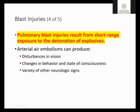Okay. Pulmonary blast injuries, that would be from just that short exposure to that blast wave. And then you can also see air emboli. Your book, I was taught emboli is the plural of embolism, and I think your book and these PowerPoints use embolisms, and my mouth cannot say embolisms very well because I was taught something differently years ago in the dark ages. But arterial air embolisms